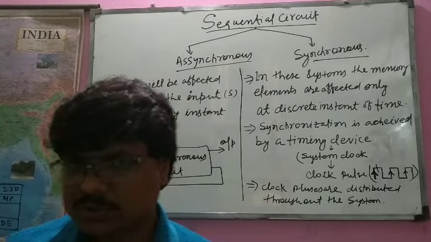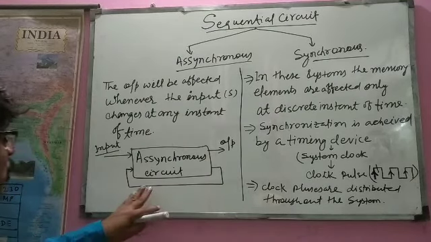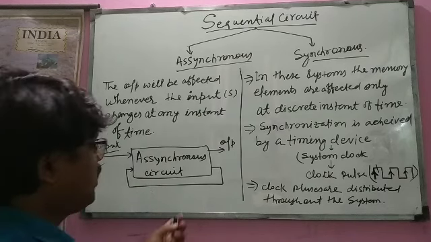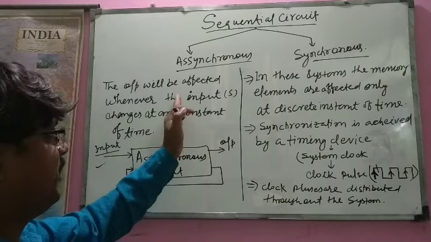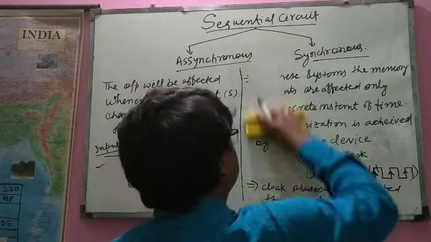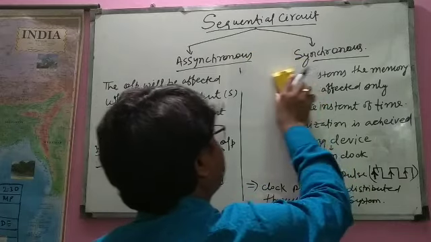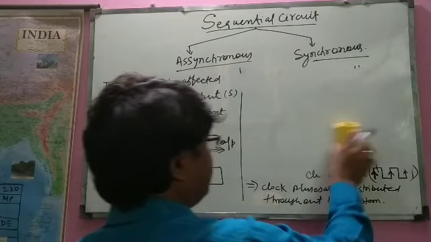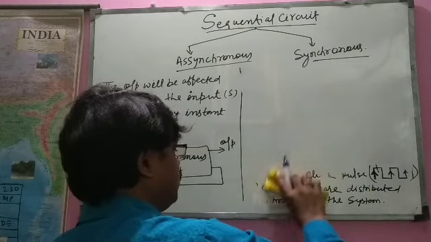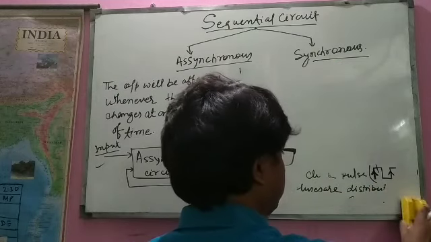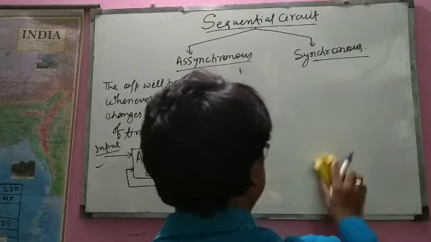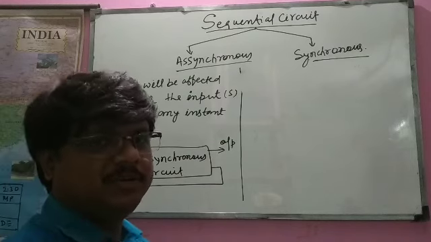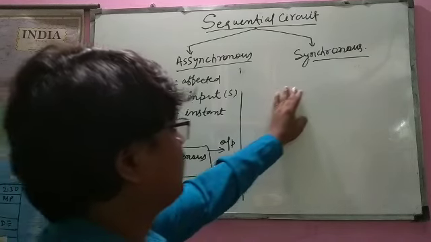Okay, so let us suppose we will make the block diagram. This is a block diagram of a sequential circuit. Whenever this input changes, its output changes. So what will be the difference between the block diagram of asynchronous and synchronous? And what will be the examples of synchronous and asynchronous sequential circuits? We'll see all these things in the subsequent classes. Today we'll see the difference only, so do not bother about it. We will see these things many times in the subsequent classes.